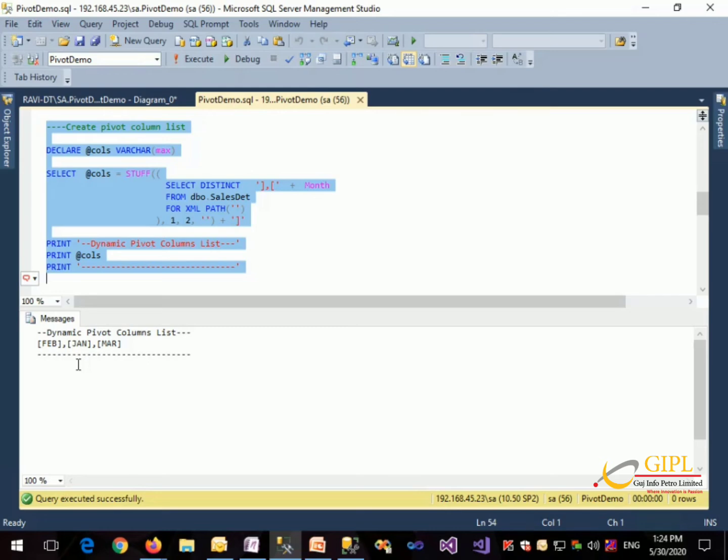Now let's look at the query below where I have created the pivot query using dynamic pivot columns, just by combining the dynamic pivot column list stored in the column variable above with our previous query and storing it into the query variable.